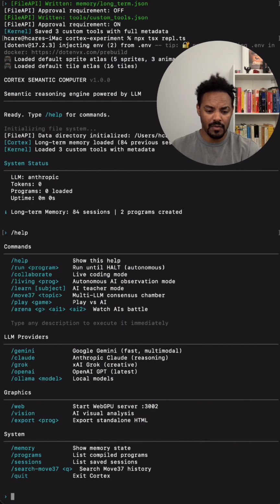Allows you to switch between different AI models. It has a web version. It has some vision capability. It allows you to export your work. For example, if you happen to create a program, you can export it and share it with somebody who doesn't have access to Cortex, and they'll be able to access and operate as you would here. It maintains sessions, so you can export sessions, resume sessions. Not going to get into the weeds of all of that, but for now, I want to show you something